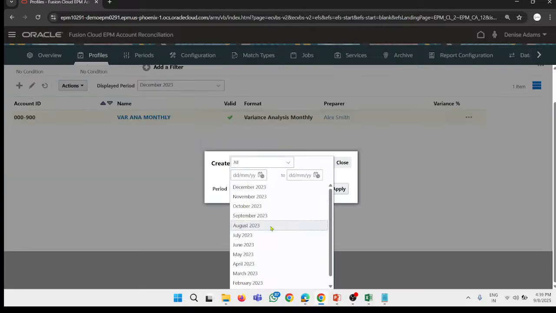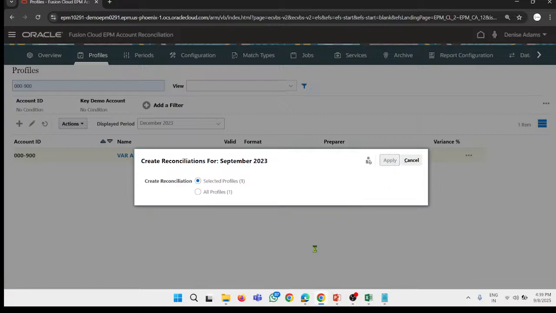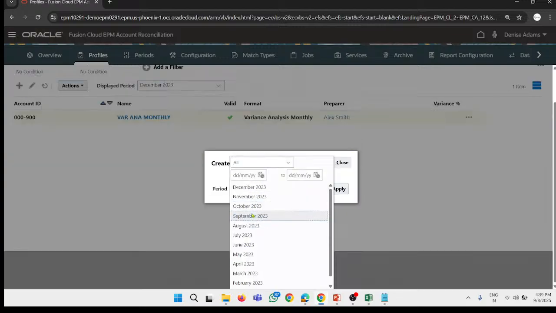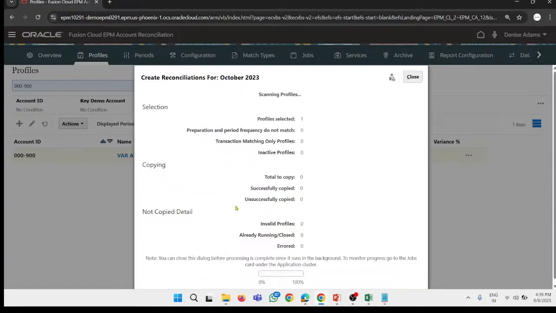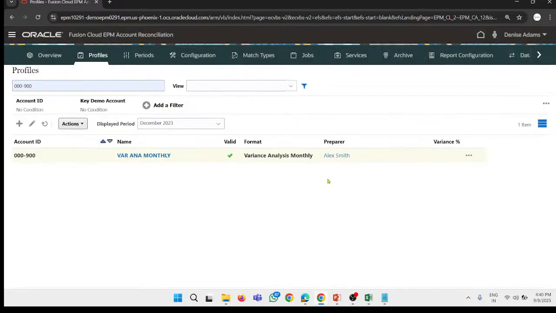close it, September, and the last period is our October. Okay, so we have created the reconciliation. Our next task is to give the explanation for the variance. So for giving the explanation, we have to go to